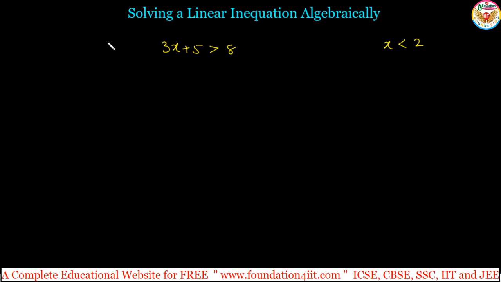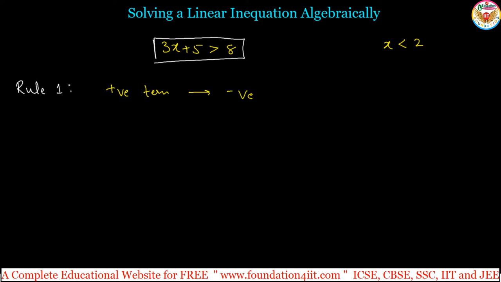To solve these linear inequations we have some rules. For example, I'll explain rule-wise, then you can remember the concept easily. The first rule is, on transferring a positive term to the other side, it becomes negative. Okay, a positive term, if you interchange it to the other side, meaning LHS to RHS or RHS to LHS, it becomes negative. See the example,